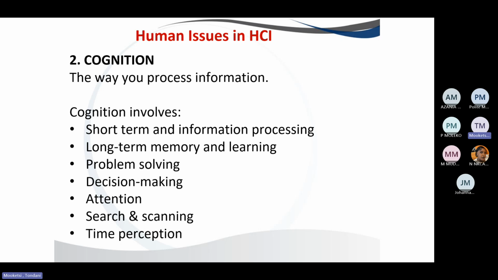That is perception. But cognition is the way that we process that information. So cognition involves short-term processing of information, long-term memory and learning, things like problem solving, decision making,